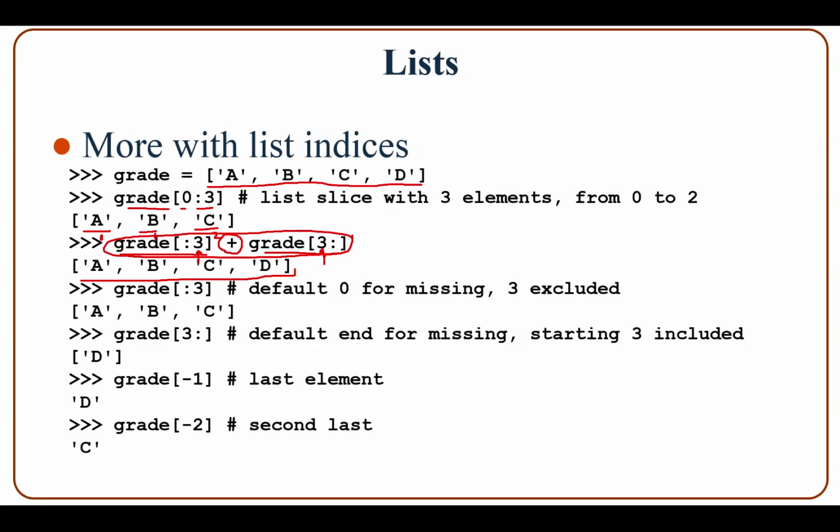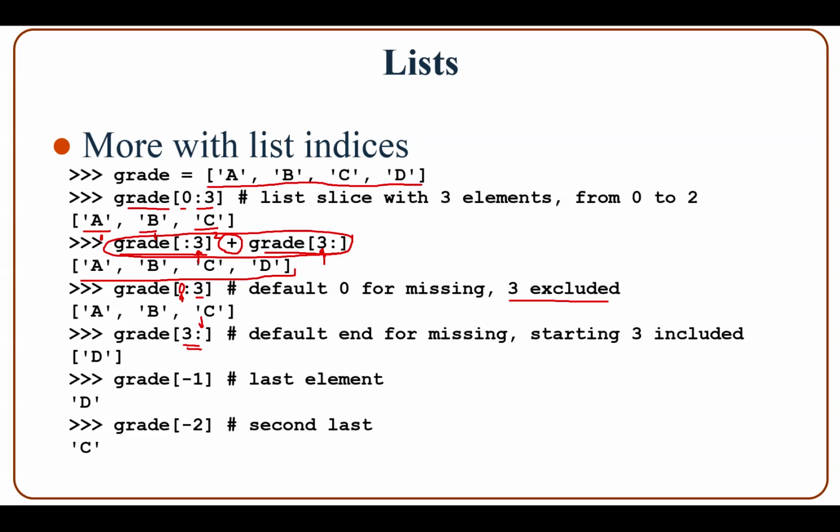And if you don't write anything, for example, just the colon operator and then number 3, then the default start is 0. So it's the same as you write 0 to 3, and 3 is excluded. And similarly, if you write 3 and then the colon operator, it's the same as you type in 3 and then colon and then the last